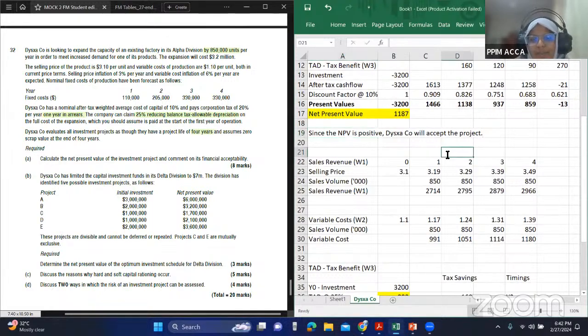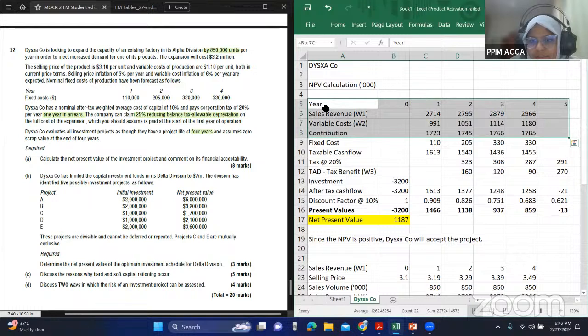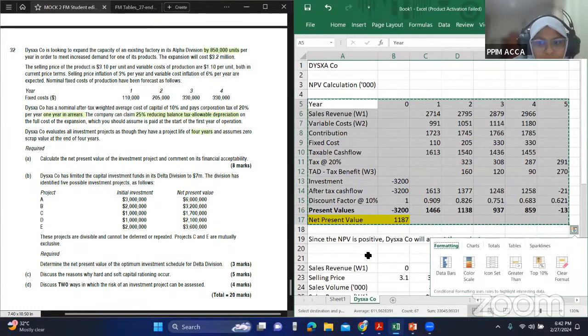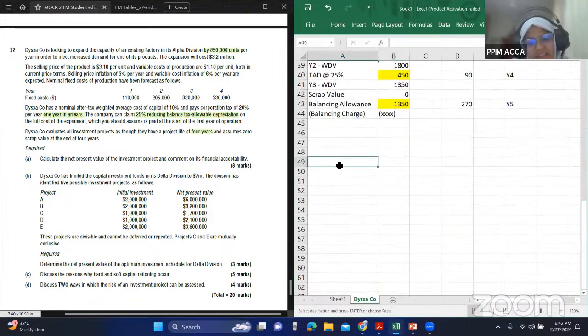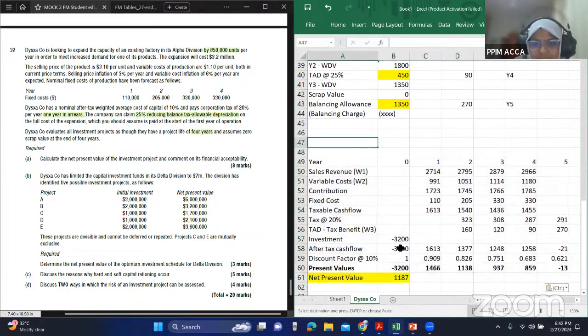So I told you there is a way to do the NPV calculation using the spreadsheet itself. I can show you, because there may be some of you who don't know. But I won't advise you to use it if you're not comfortable. If you are comfortable, then no problem. But if you're not comfortable, then avoid it because it will only save you maximum 2 minutes. It's not going to save you anything more than that. So that is why I will not recommend it.